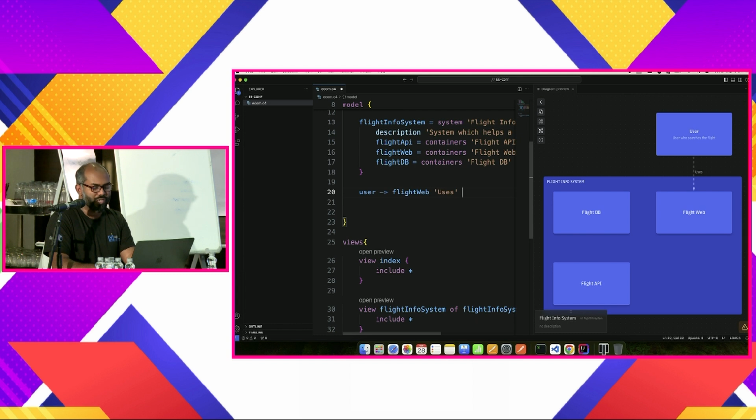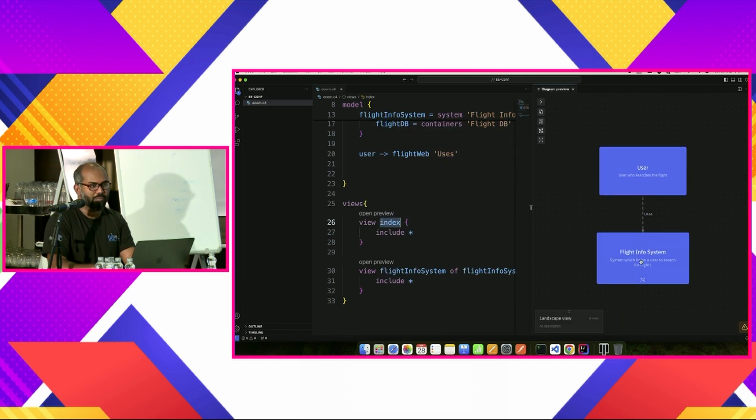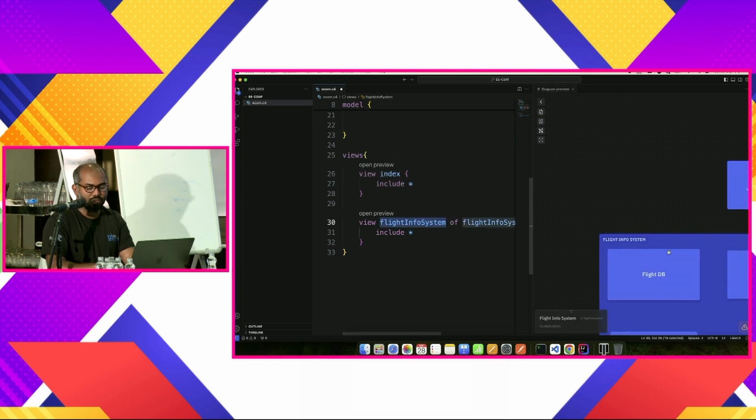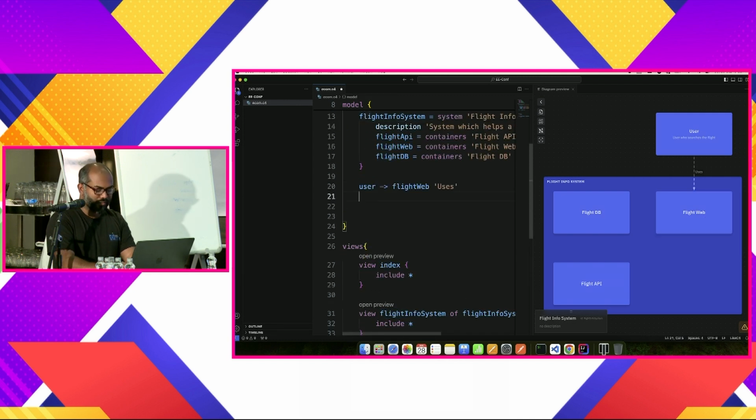So I changed it to flight web, but the tool understands that the info system is the one which is actually being used. So when I went back to the system context level, it understands that it is talking to the flight info system, and it automatically creates this relationship from user to flight info system. But when I go in, it knows that it is the flight web which they are interacting with, right? So let's add more details into it, right? So to flight API,